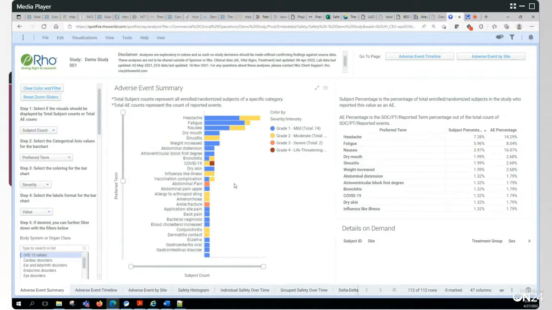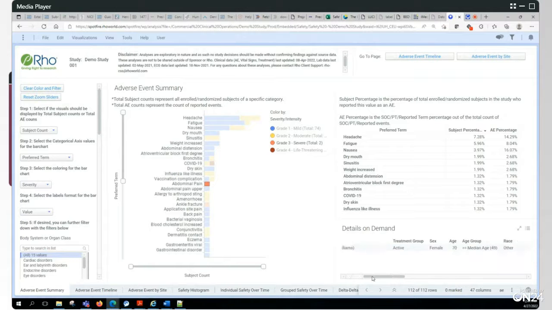So this is a grade 3 event. I can click on this event right here, and it brings up, in details on demand, the details. So the site number, I get an idea of the demographics, their age, gender. And I can also see the terms, and importantly, what's the relationship to the drug product, and what the outcome was. So very quickly, without going into EDC or something, I can drill down and understand the details